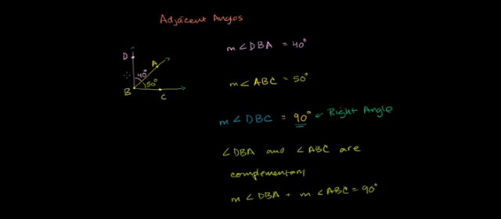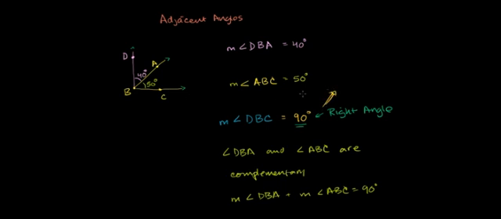And just as another point of terminology that's related to right angles, when a right angle is formed, the two rays that form the right angle, or the two lines, or the two line segments that form that right angle, are called perpendicular. So because we know that the measure of angle DBC is 90 degrees, or that angle DBC is a right angle, this tells us